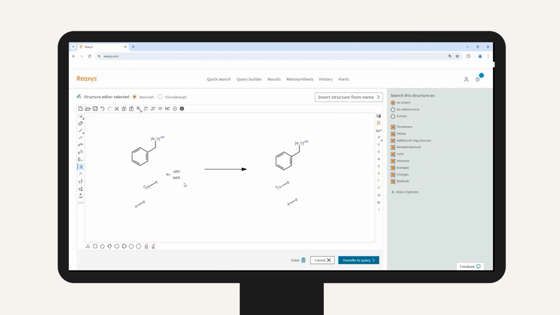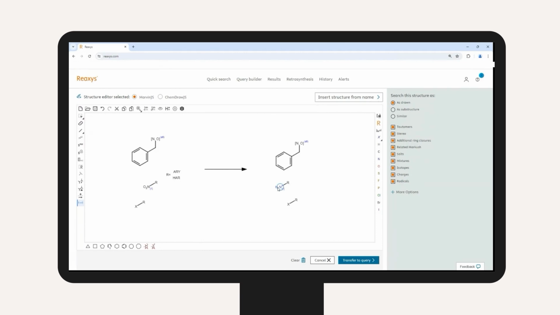Now just to help the tool, what I might also want to do is tell the system that this nitro group is now this amine in the product. So I can, for instance, use what's called the manual mapping tool here on the left hand side. I can select this with my mouse, and then hovering over my atom, I can left click and drag this into my product. So this is basically saying this is now this in the reaction.